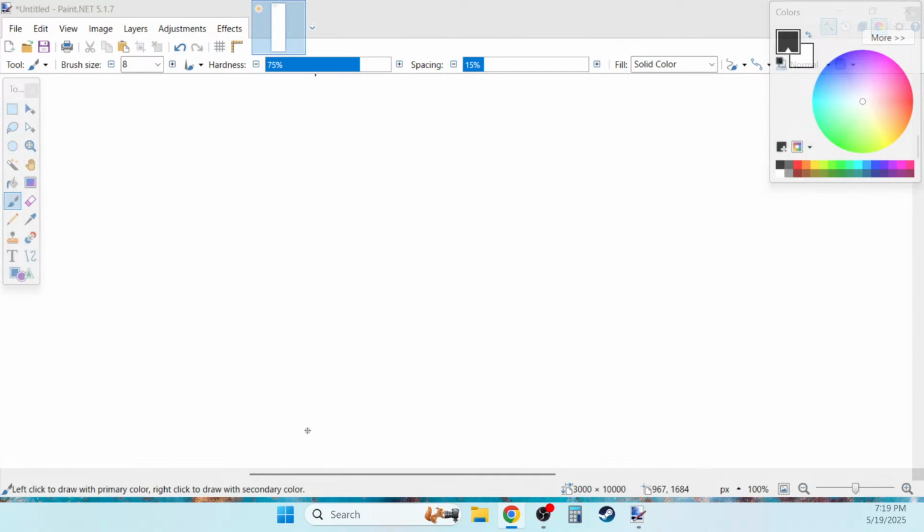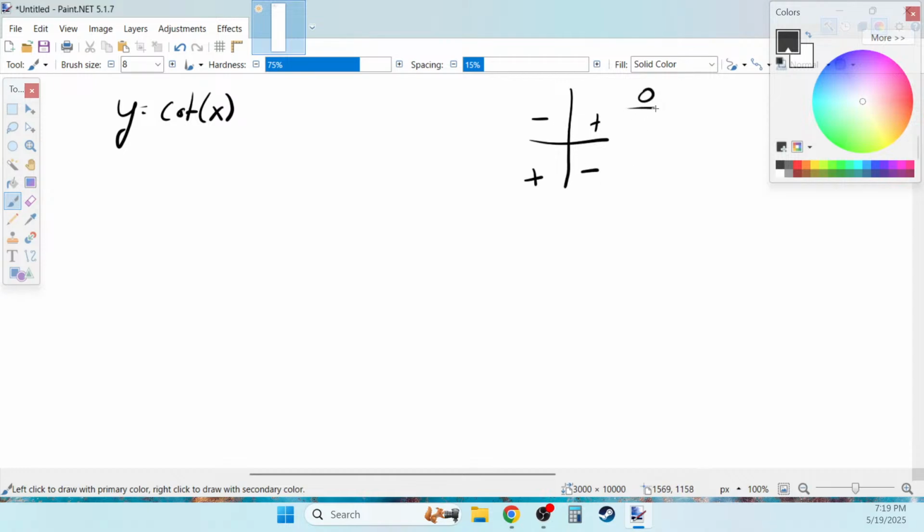So we also wanted to see cotangent, COT of x, cotangent of x. Not cosine of x with COS, but cotangent. So we remember that for cotangent, we're positive in quadrants 1 and 3. We're negative in quadrants 2 and 4. Our special angle values are going to be